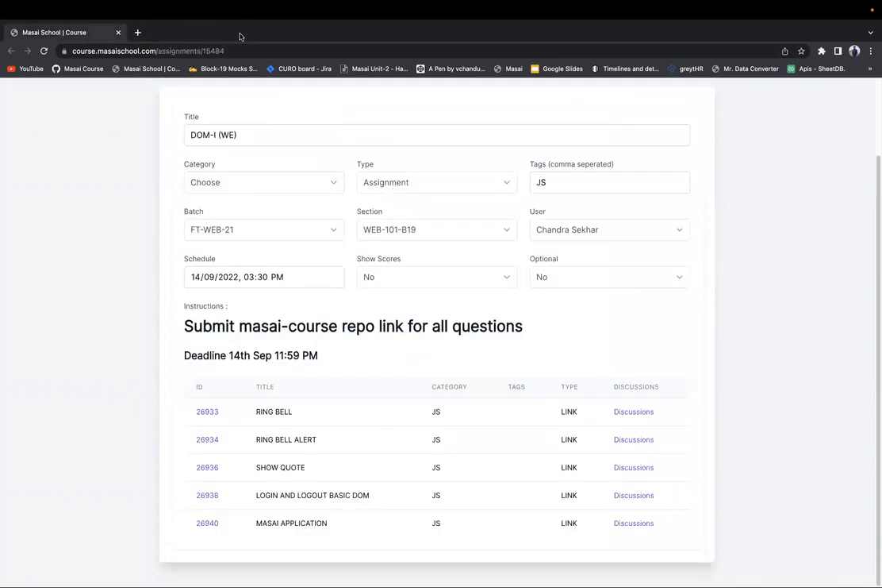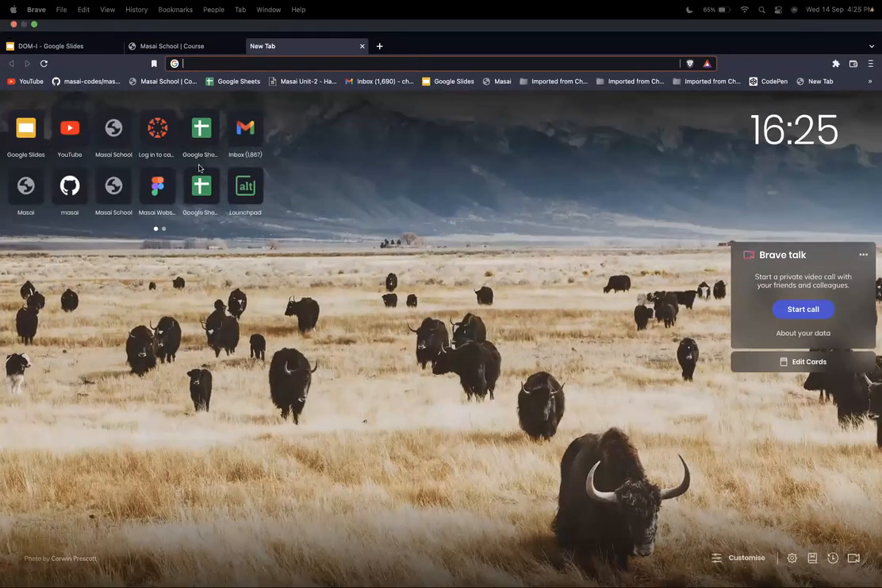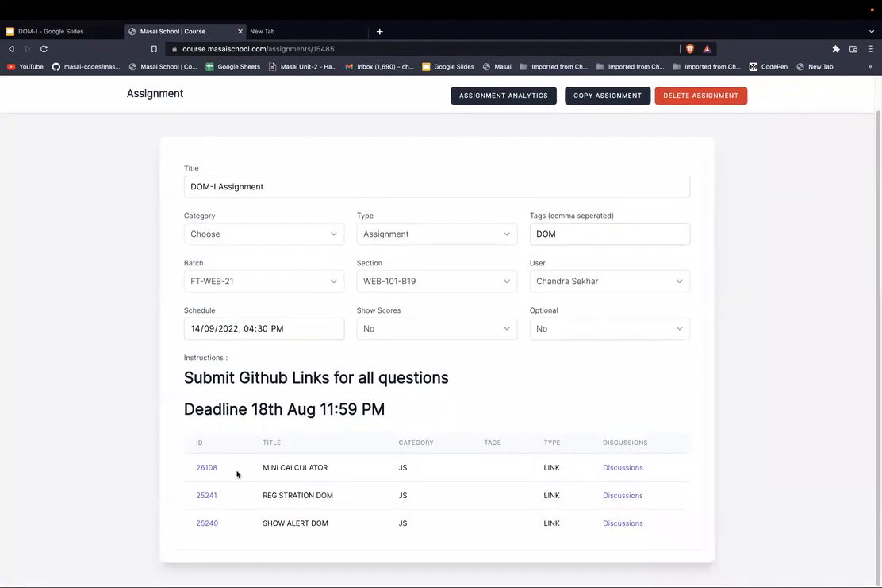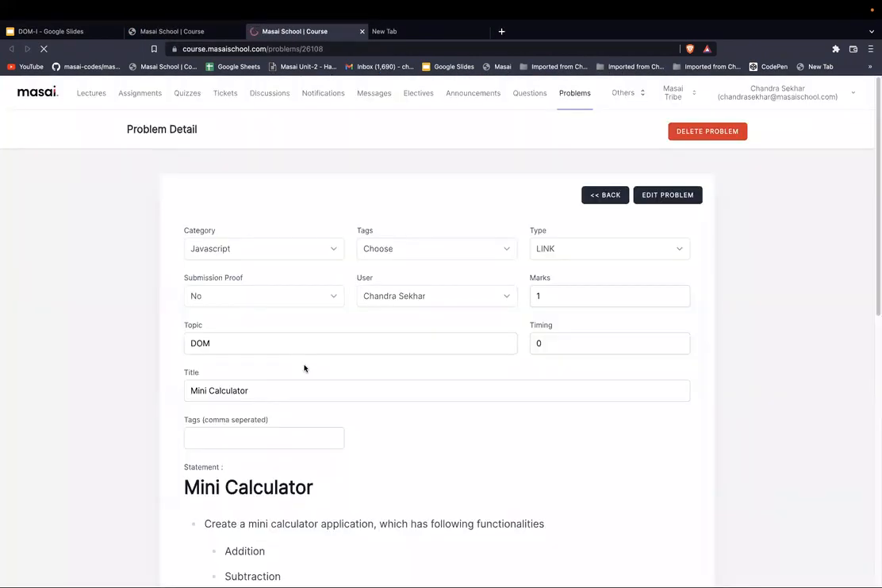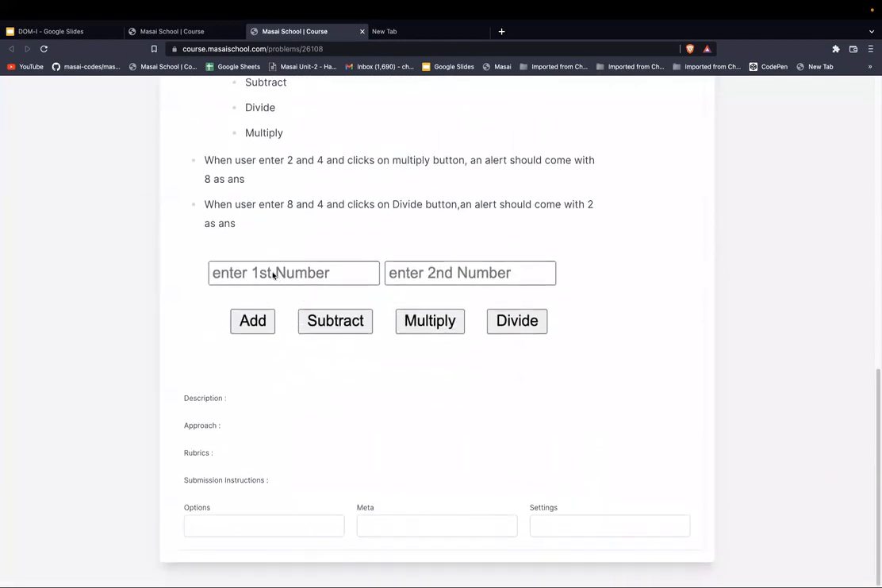Okay, so this is the V session problem statement. I've also given assignments. This is one question, like a mini calculator. So I can build some mini calculators by entering numbers. So please try all these questions. And one more thing is